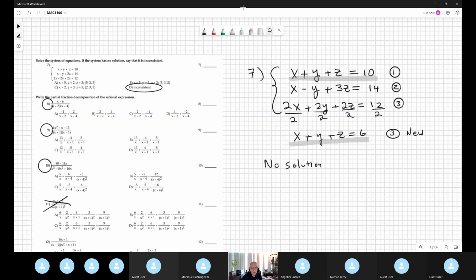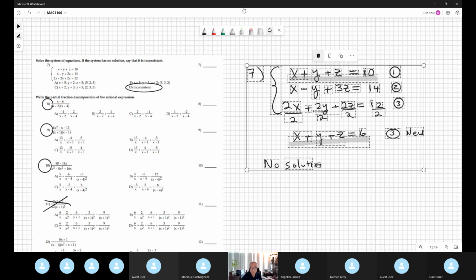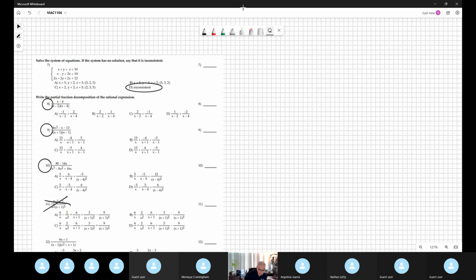Okay, let me try to do number 8. Remember, in partial fraction decomposition, we have 4 cases. When you factor the polynomial in the denominator, we have real non-repeated factors. That's case 1. You have real repeated factors. That's case 2. You have irreducible quadratic non-repeated. Case 3. And irreducible quadratic repeated. That's case 4. But number 8 is easy because it's just